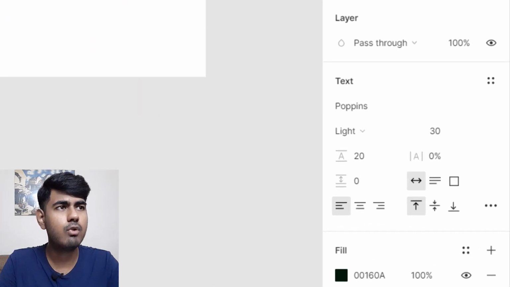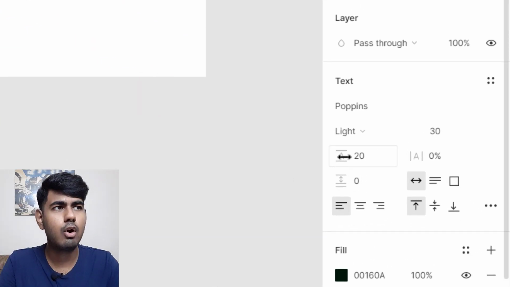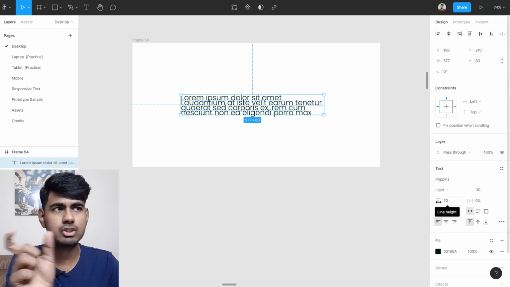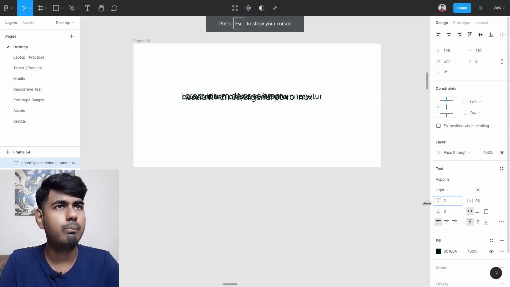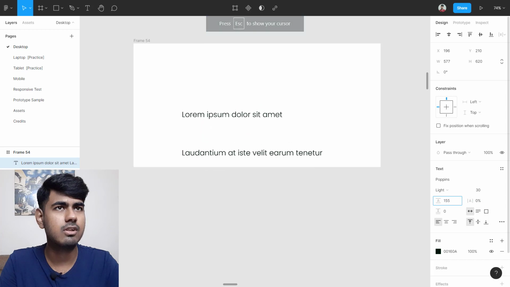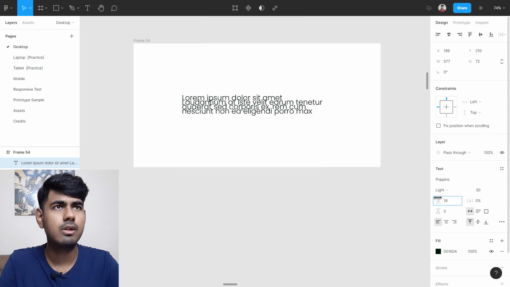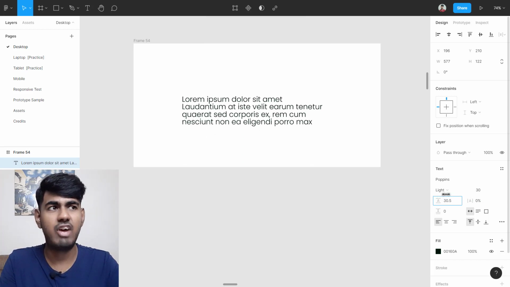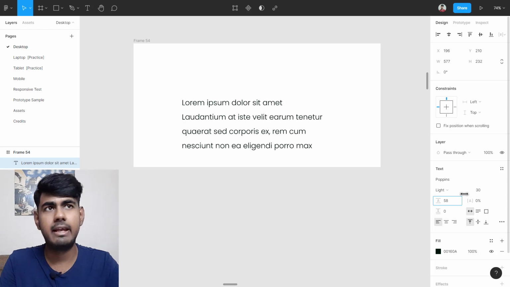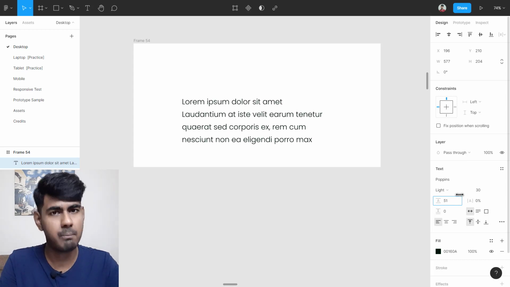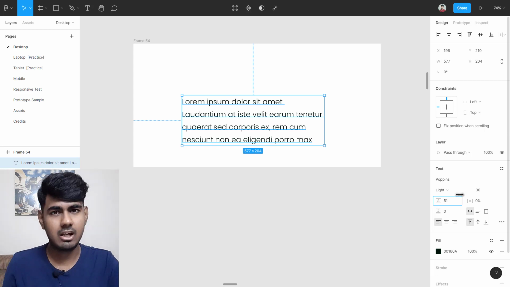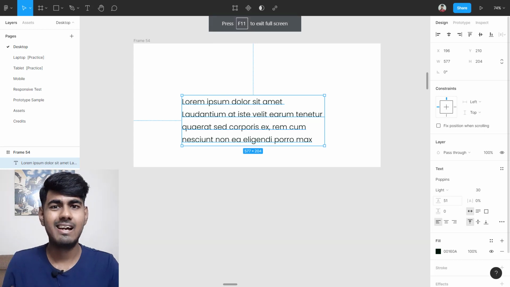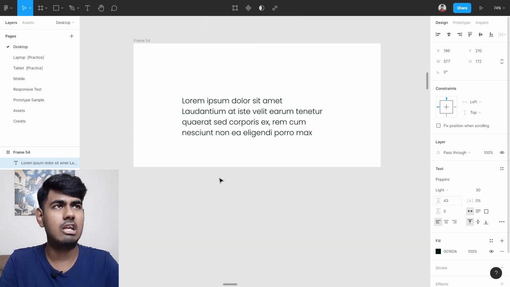Okay, so if you click over here, you see this, I got a small arrow sign icon like this. I'm gonna move my mouse like this. Now look, I can practice with this real time without directly inputting the value over there. Look at that, I'm just playing around with my mouse so that I can find that sweet spot which would be the ideal line height. Okay, so I'm going to change it to 43 like that, because it is actually given on the style guide